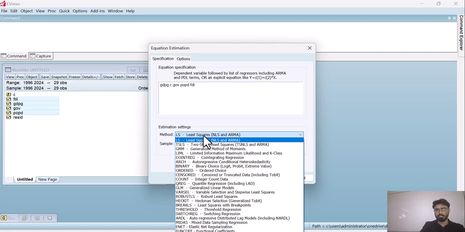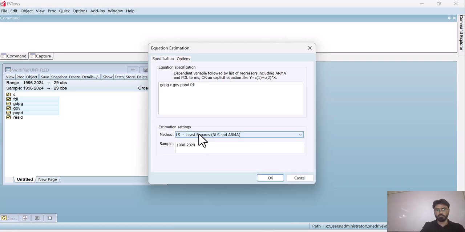But for the time being we are interested in LS, the ordinary least squares method, so I am going with this option. Here you can see the sample size for our data, which is from 1996 to 2024. Now click on OK.